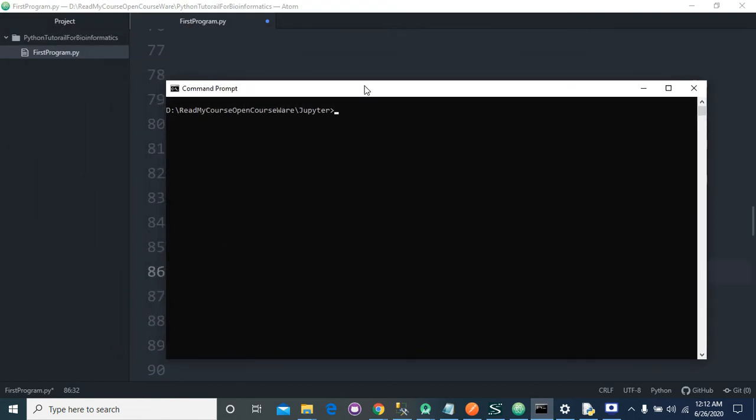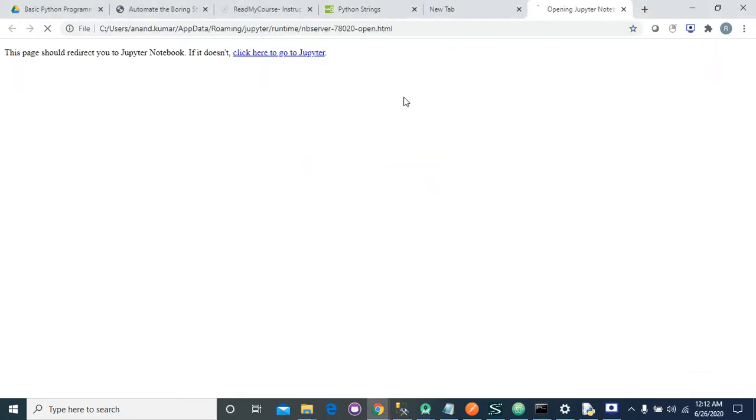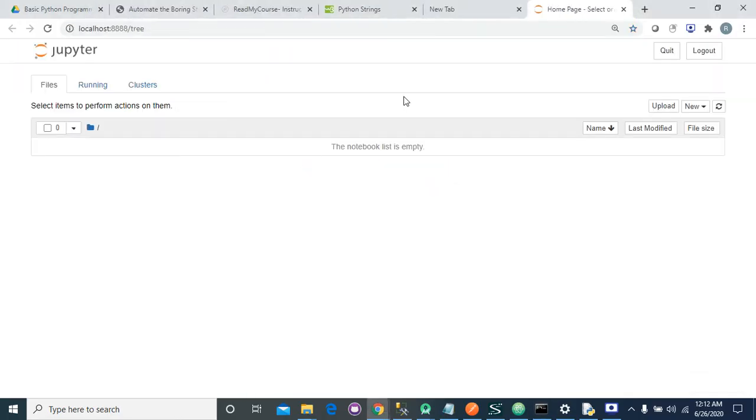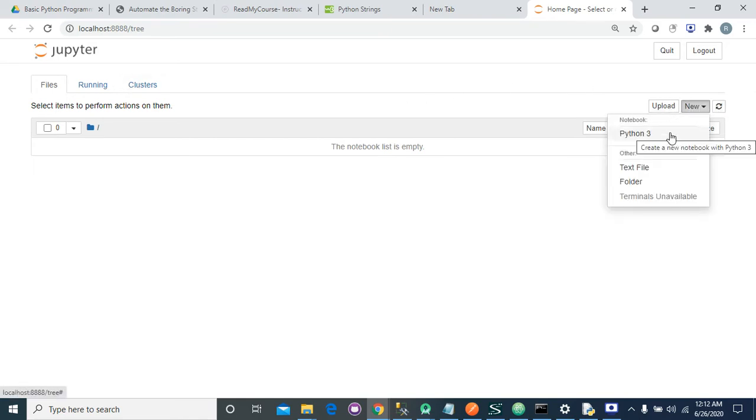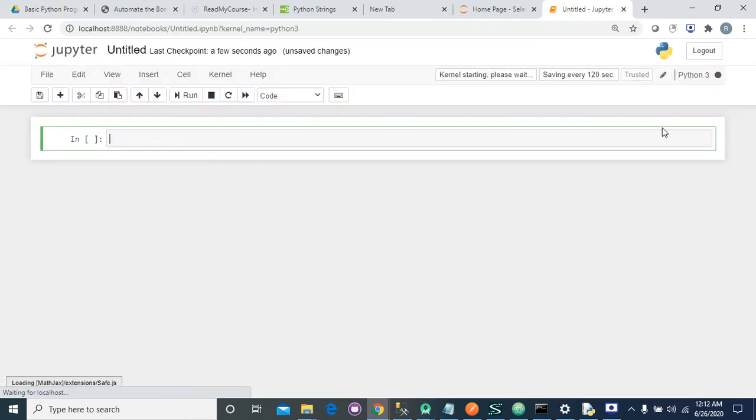I am using Jupyter notebook. I will create a new notebook. First, in the first example, I will show variable declaration.